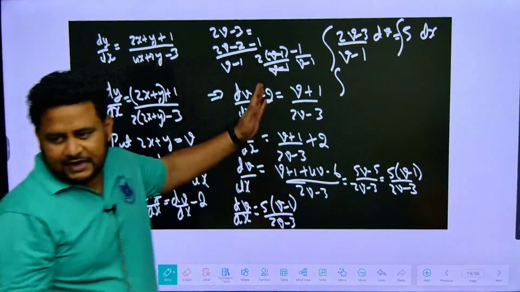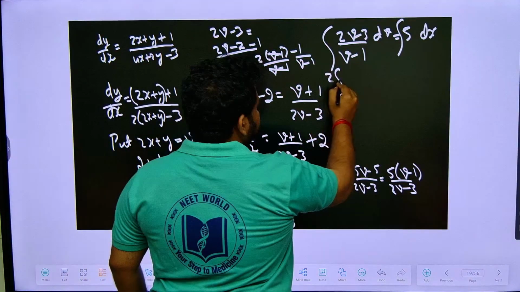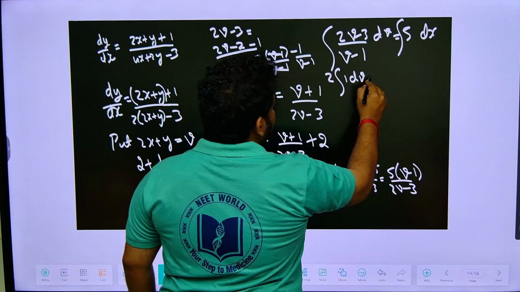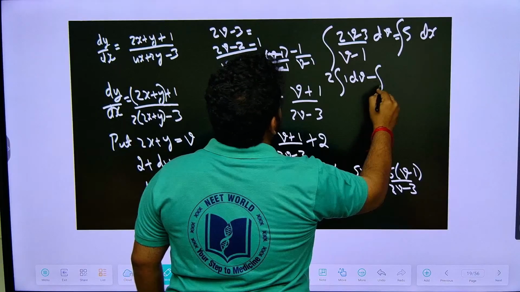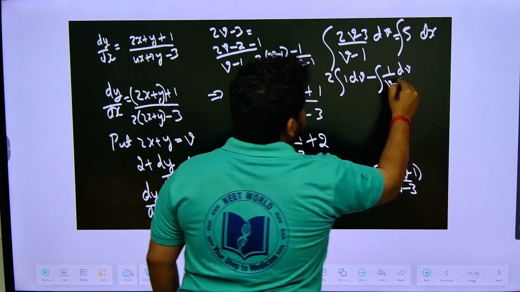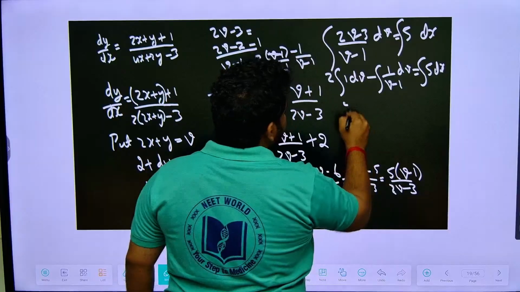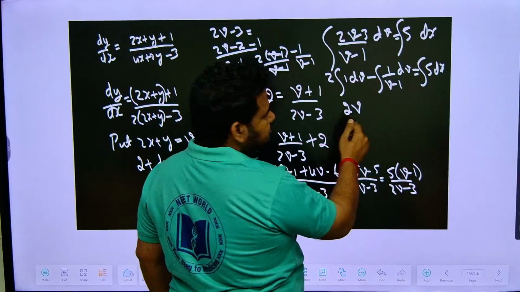I am separating it. So this will become 2 times integral of 1 into dv, minus integral of 1 by v minus 1 dv, is equal to integral of 5 dx. So this will become 2 times v, and then